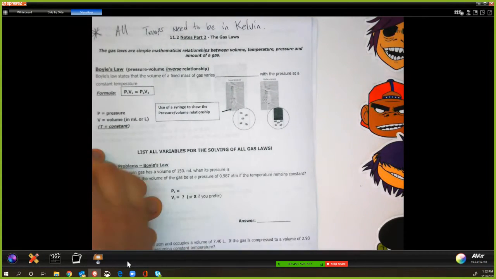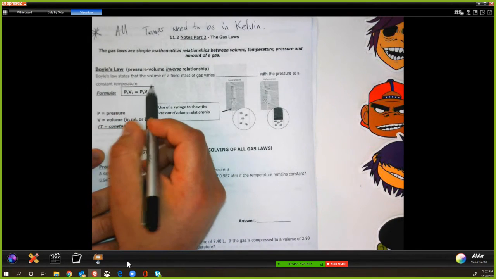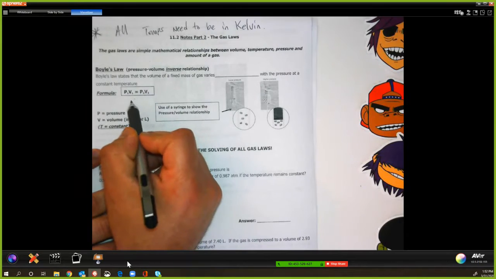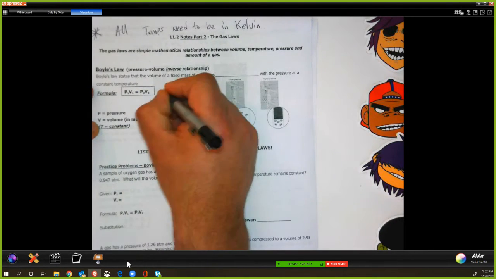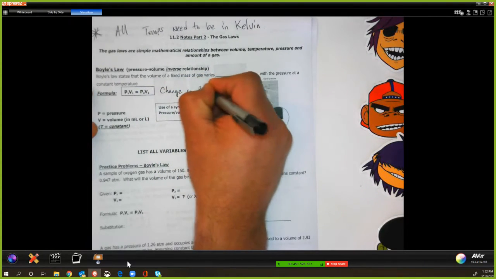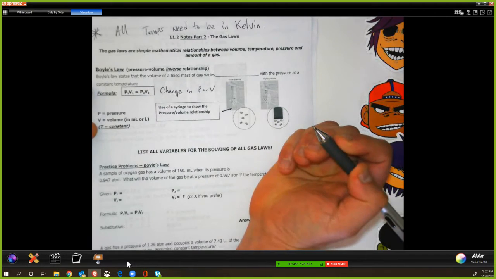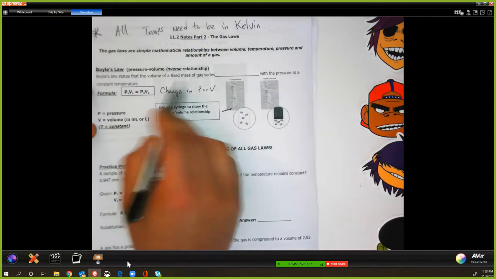So the first one is the only inverse relationship. It's called Boyle's law. You're doing a comparison between pressure and volume, and there's always going to be a change in one of those. Okay, change in pressure or volume that you're solving for. Okay, there's always going to be that. So Boyle's law states that the volume of a fixed mass